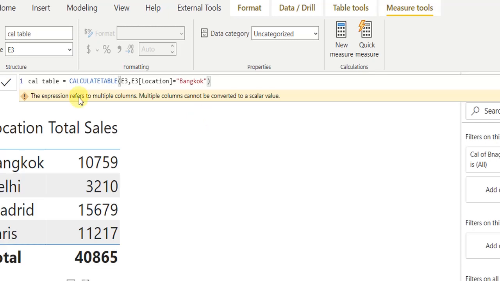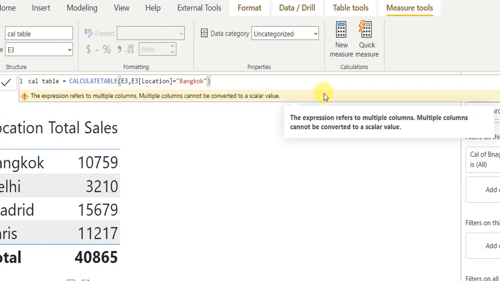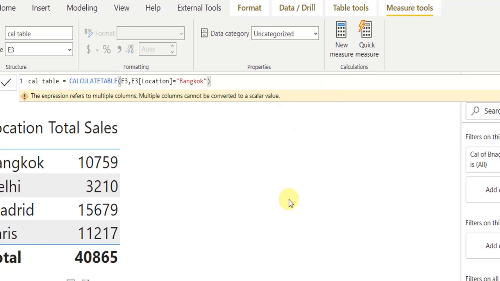you will see it is throwing an error, and as it says, the expression refers to multiple columns and cannot be converted to a scalar value, which means, as I mentioned earlier, the CALCULATE function returns a scalar value and CALCULATETABLE returns a table.